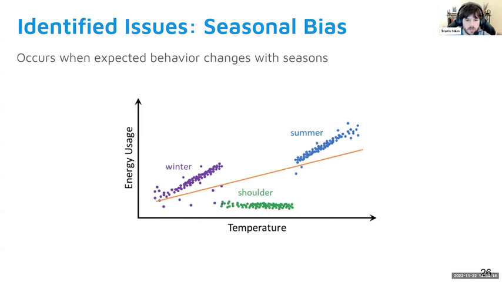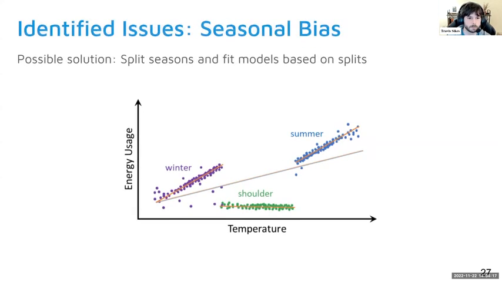So what we are considering doing instead, if you can move to the next slide, is to instead keep the same models, but split by seasons, and then fit the models based upon those splits. For example, the better choice here would be to split winter up to its own model, which would then, in the next year, anything that is designated as winter would follow this model. Anything in the shoulder would follow this nearly temperature independent model, and the same for summer. The complication here is really one of not wanting to make things more complex than they need to be, but I'll get to that in a little bit.